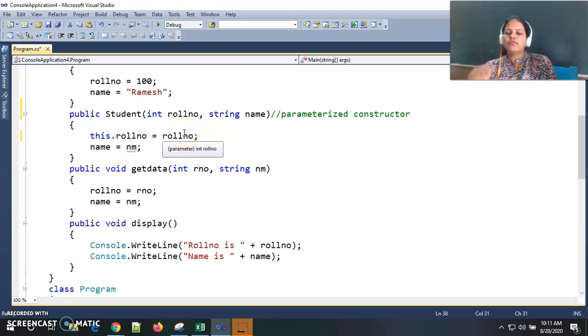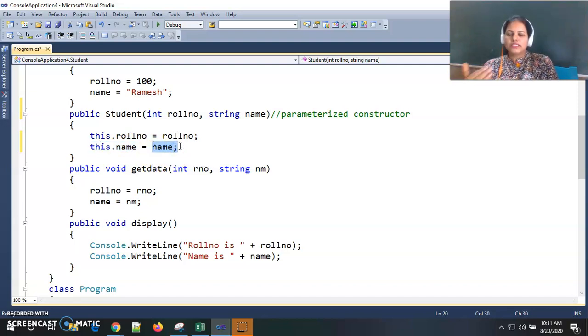By default, if we use roll number as it is, then the compiler takes it as the parameter name. So if I use this here, my problem is solved, and likewise for the parameter name. This dot name means this is the data member and that is the parameter.